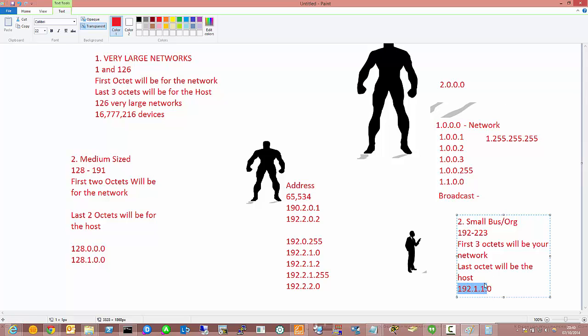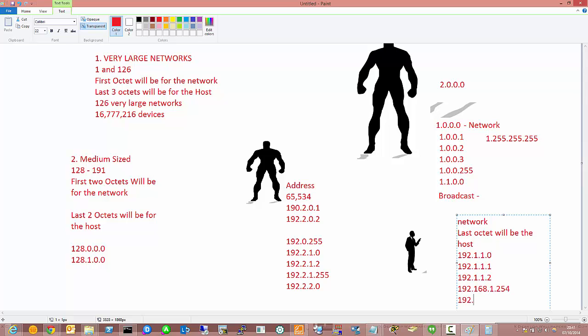This is your network address. This particular part that belongs to the host, you can do anything you want with it. You can give it to any device on your network. So you can't touch the first address, that belongs to my network. On my network, I have 192.168.1.1, and then 192.168.1.2, and when you get up to 192.168.1.254, and then